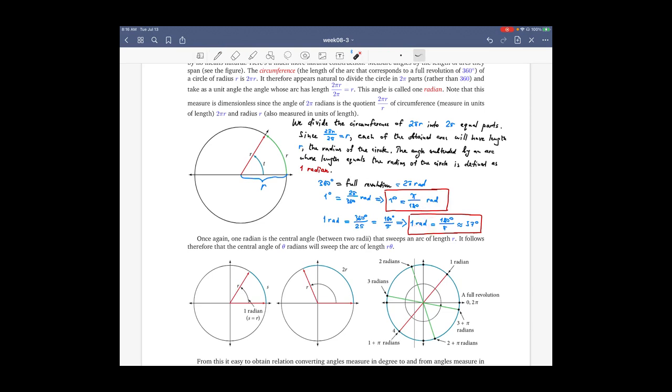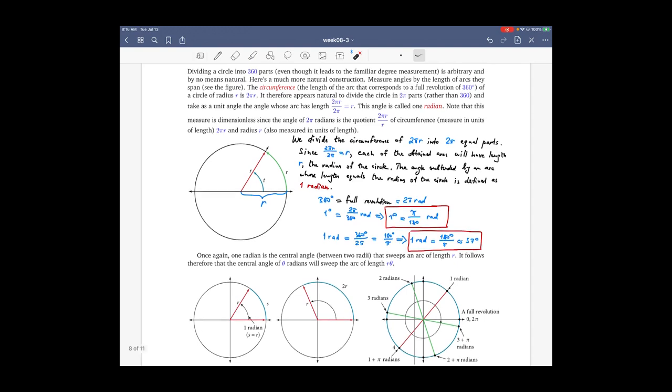That is because when you have an angle of 2 pi radians, for instance, it's the quotient of the circumference 2 pi r and radius r, which are both measured in units of length,